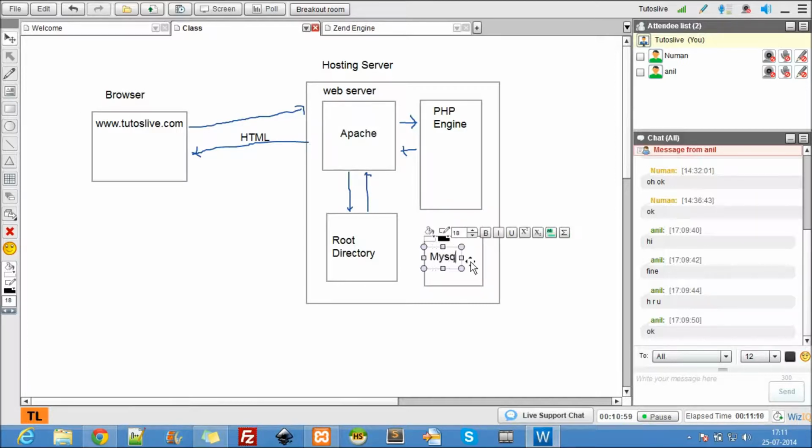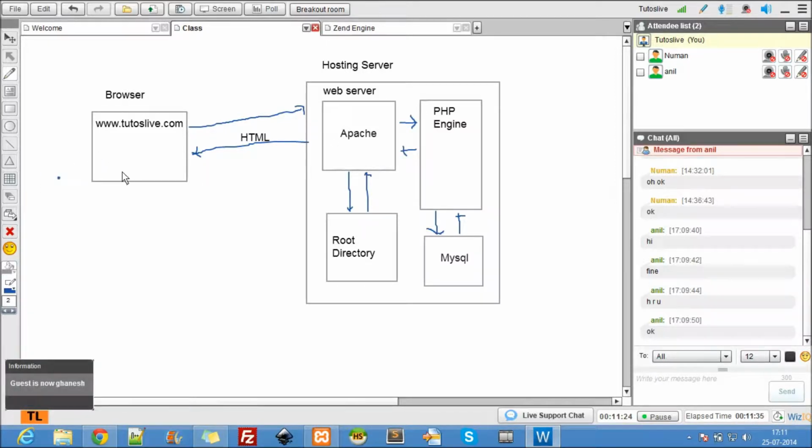So usually this is a MySQL database in our case, because it's a free database server. So if there is a connection to MySQL, if I have to fetch data from MySQL, PHP will take care of it. PHP will connect to the MySQL server and give back the results. Then the results are again transferred into HTML to be shown on the browser. I mean, back to the Apache, then back to the browser. Okay.